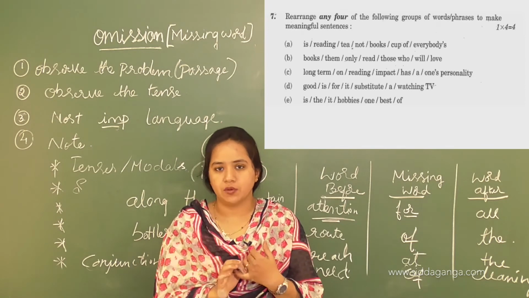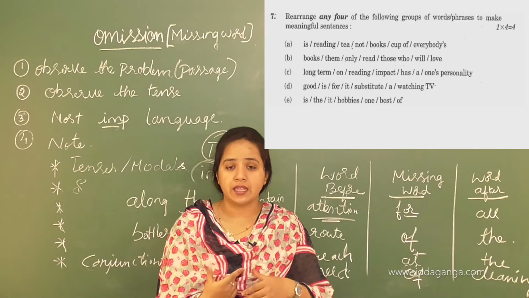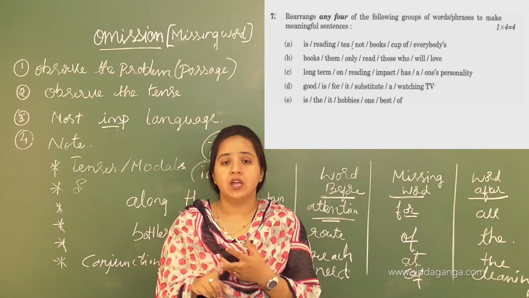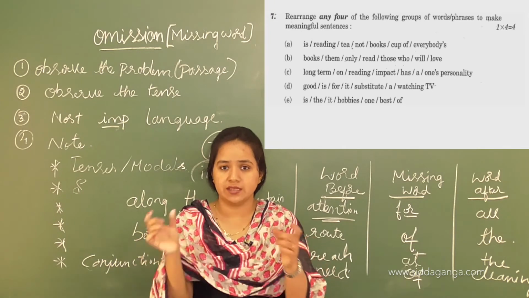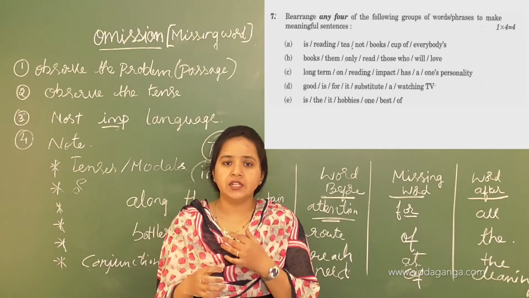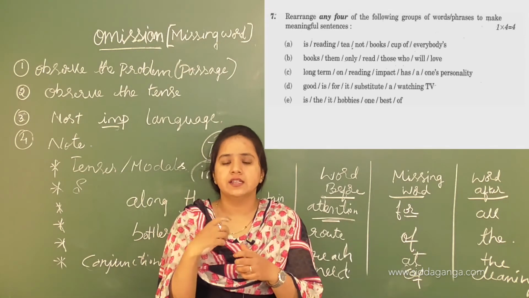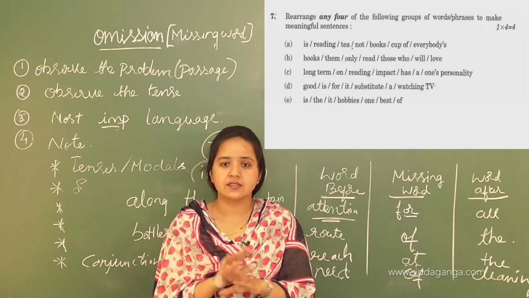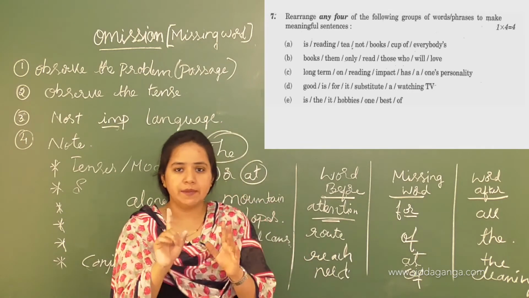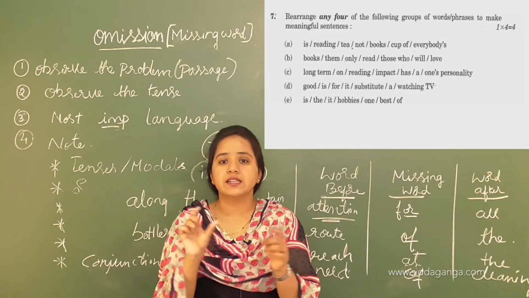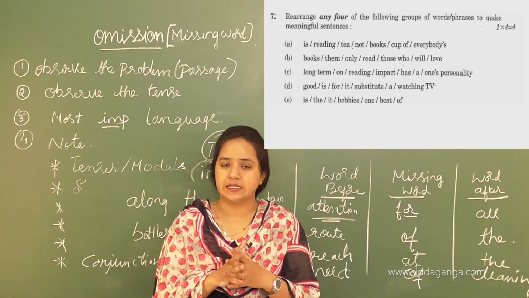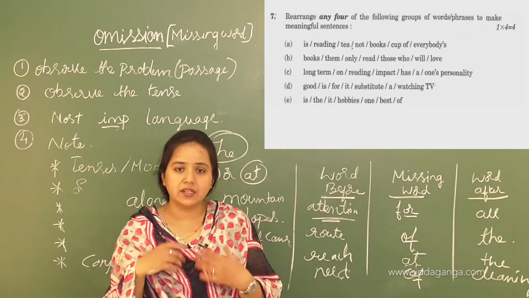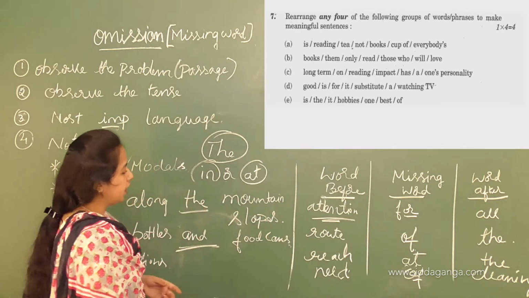Reading is very important. You should read again and again, and then find out where is the subject, where is the verb, where is the helping verb, where is the main verb, and where is the object in this particular sentence. When you understand this, the whole sentence gives a meaningful sentence, and then only is the sentence right. So the main thing is to work on sentence structure and some grammatical points. There you will get the right answer. So let's talk about this rearranging sentence.